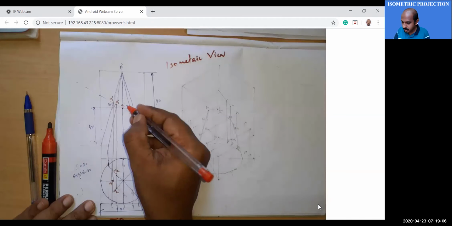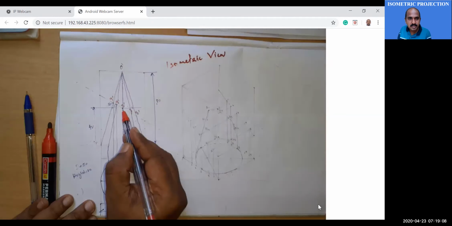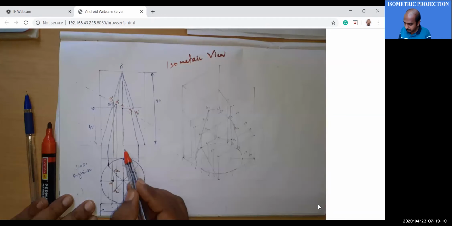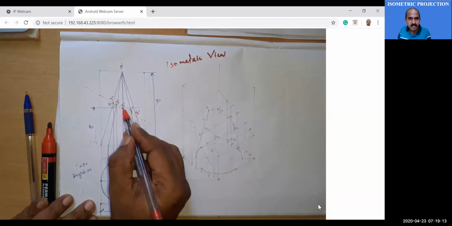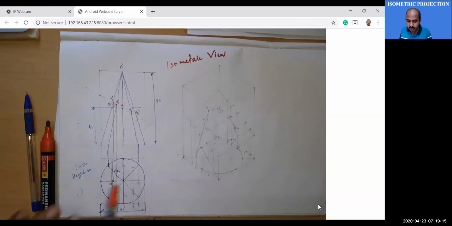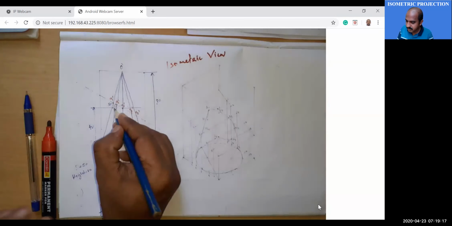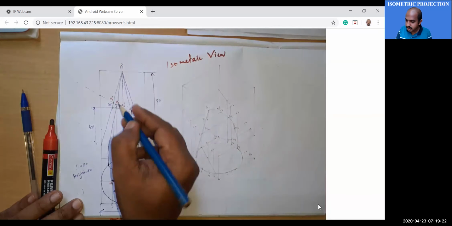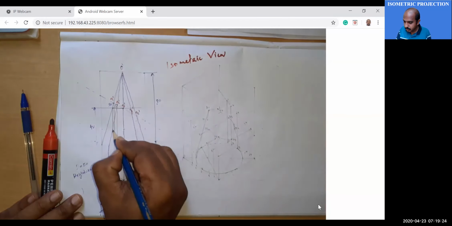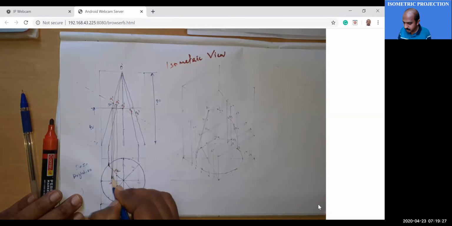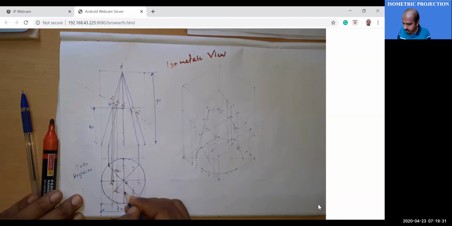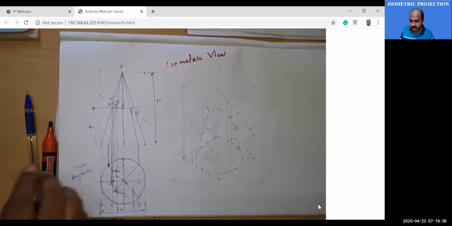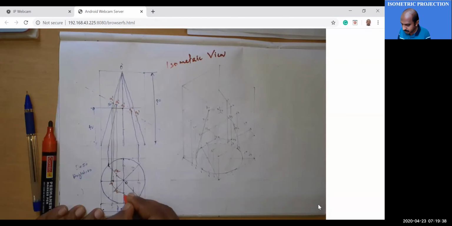Similarly, A3. Here you can see A3 is just above the XY line, so you can directly transfer A3 to here. I hope you remember, from this A3 you draw a line connecting to the outer edge. Draw a line here and locate here. Then this is the center, used to transfer the points here. As for A3, you can mark it directly. So this is your A3.